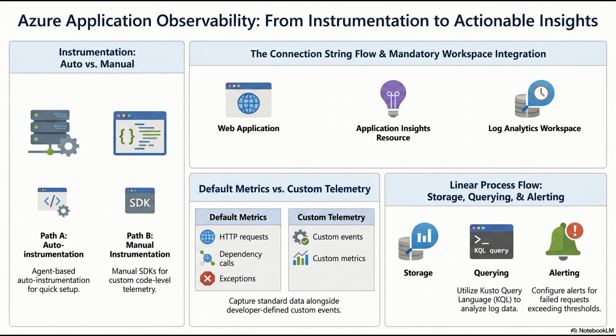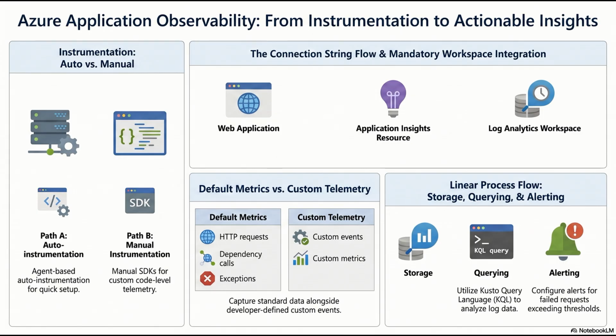It stamps the payload. When the API gateway makes an HTTP call to the inventory service, that traceparent header goes with it. The SDK running inside the inventory service intercepts the incoming request, sees the header, and says, I am part of an existing transaction. So it doesn't create a new master ID? Exactly. It logs its own internal execution time, creates a new span ID for its specific piece of work, but it tags it all with that overarching correlation ID. It then passes the baton to the service bus, and so on down the line.